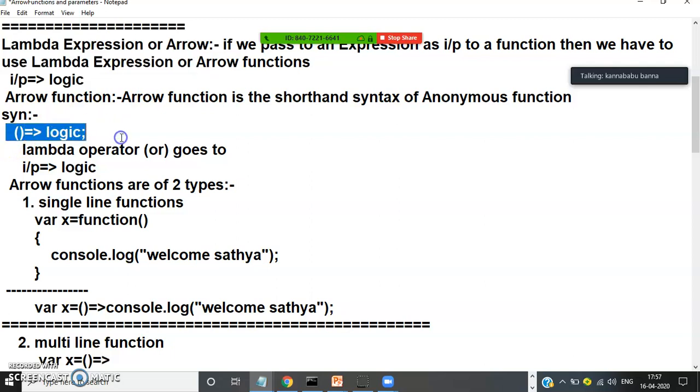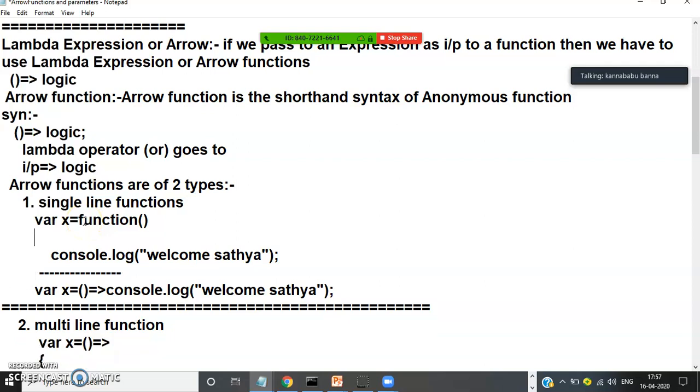This is the syntax. Input, if input is there or not there, here you have to open these brackets. Generally how you will declare a function, you see this is one anonymous function now. Here x is equal to function, bracket open, bracket close. This function will take input and this function will give you some output. So now what you have to do: no need to declare this bracket, no need to declare this function, and replace that block with